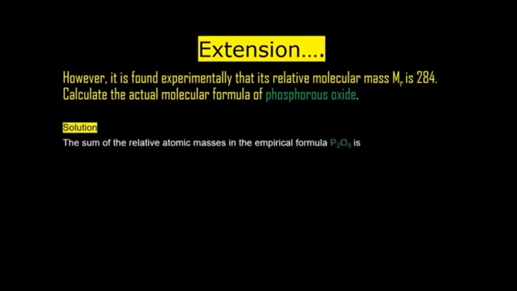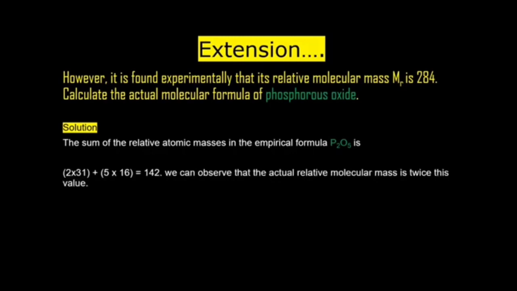All right. So here we've been given that the actual relative molecular mass is 284 instead. To calculate this, we find the sum of the relative atomic masses in the empirical formula. So it will be 2 phosphorus and 5 oxygen. Phosphorus, we've already looked at, is 31. So we multiply 2 times 31, giving us 62. And then oxygen is 16. So 16 times 5 gives us 80. So 80 plus